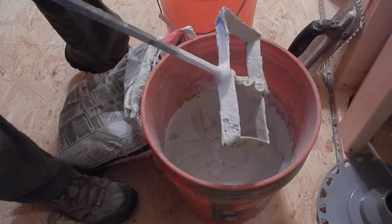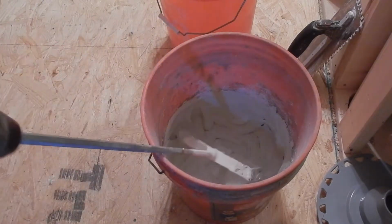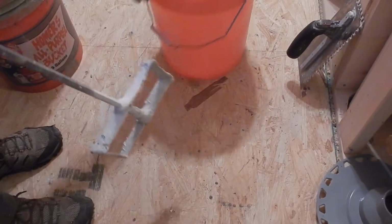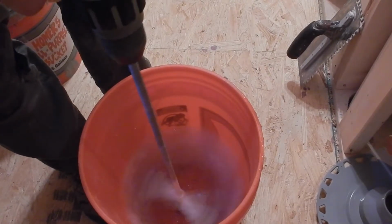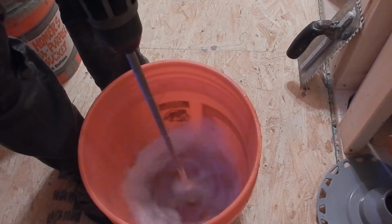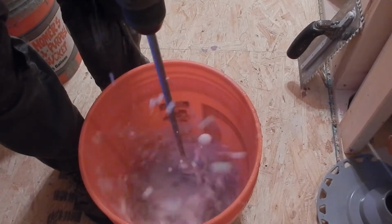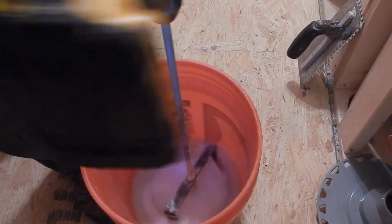Okay, so now I've got thinset on my paddle, and so what I'm going to do, move the powder out of the way, shake that off in my bucket, and then I'm going to put it in some water, and I want to clean it off right away. What I'll do is I'll change directions a few times. Okay, and so now I've got most of it off,